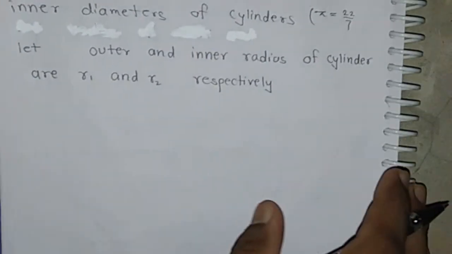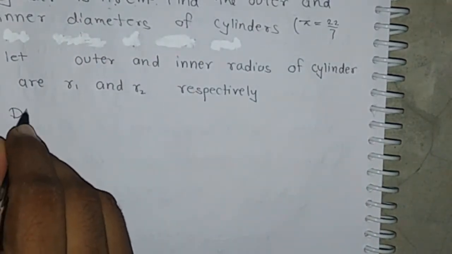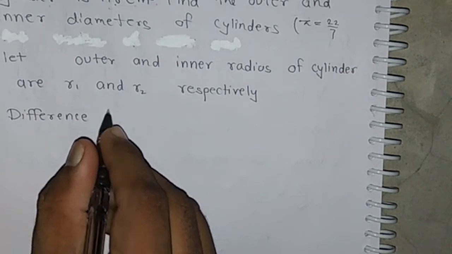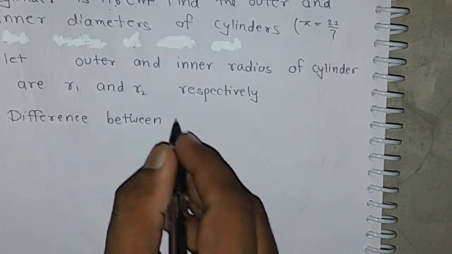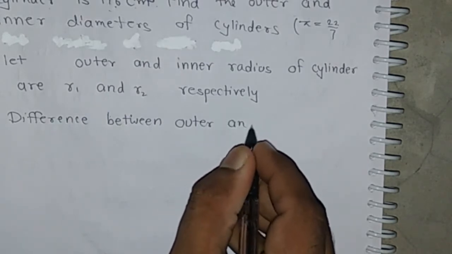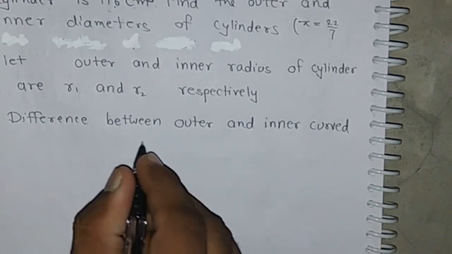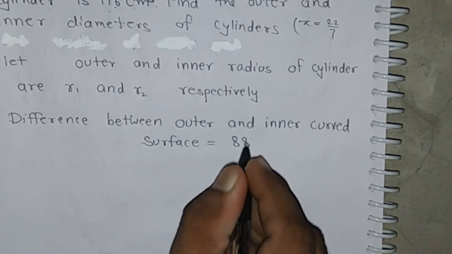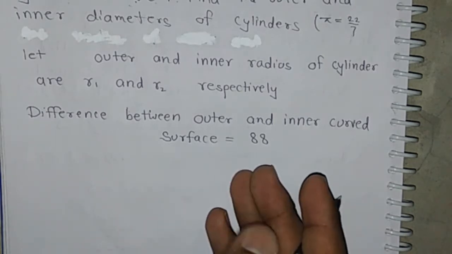Then given the difference between the outer curved surface area and the inner curved surface area is equal to 88 cm². Then the curved surface area of a cylinder is given by 2πRH,